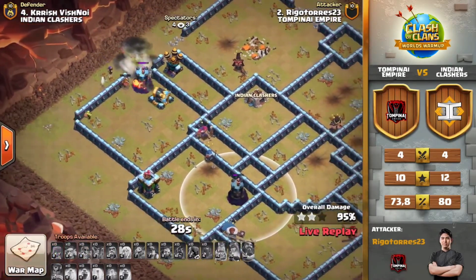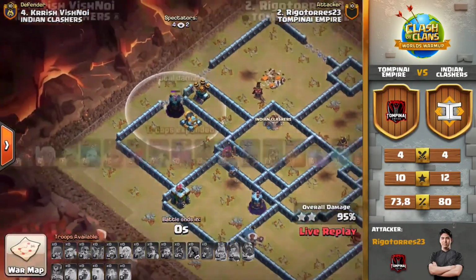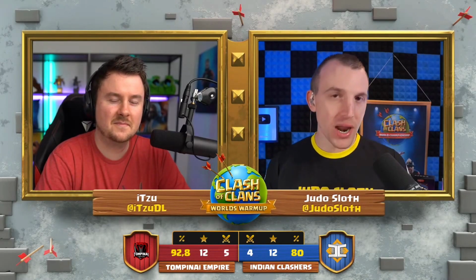Imagine if the super wall breaker took down the wizard tower, though. Oh my goodness. From end to end stuff here in Clash of Clans. The Royal Champion nearly got the scatter shot, but it means that Indian Clashers now just need a star to take third place in this tournament, win their $5,000 prize, and also it means they have beaten Tompinai Empire, who,